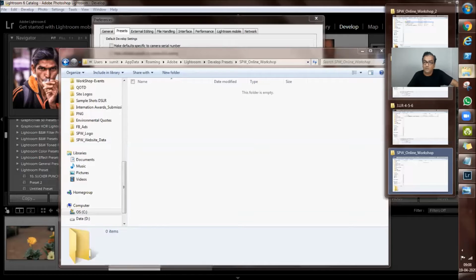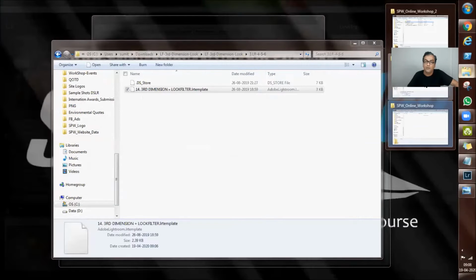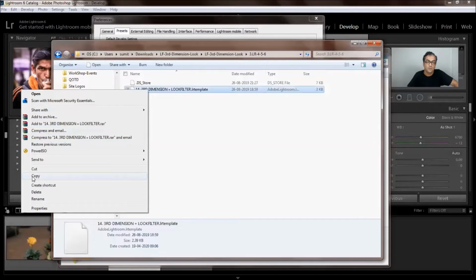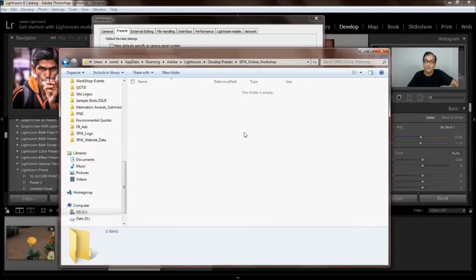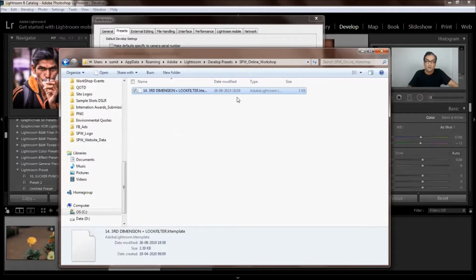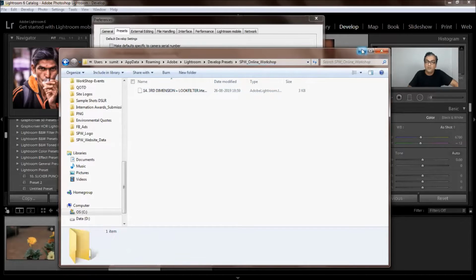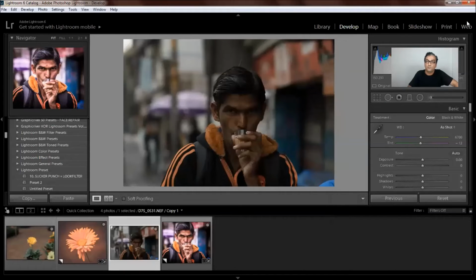I'm going to the location where the preset was downloaded, Third Dimension, copy it, and paste it in the folder which I created, SPW Online Workshop. To make this preset usable, we have to restart Lightroom.